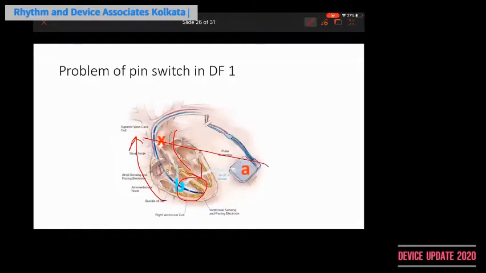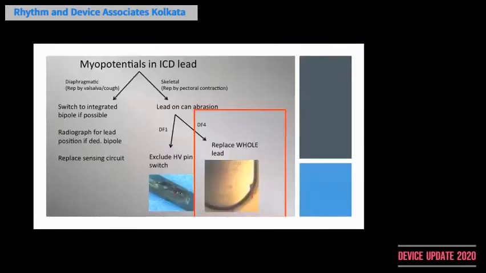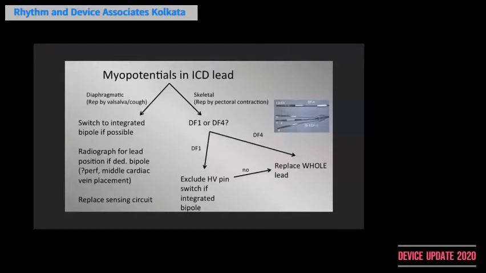So if you have that, then you think that there is some problem in the lead, meaning there is some insulation break from where a myopotential is being picked up, and it can be in the pocket also where that break is, or anywhere along the course of the pectoral muscle. So if you have a DF4 lead, then there is no way but to change the whole lead,